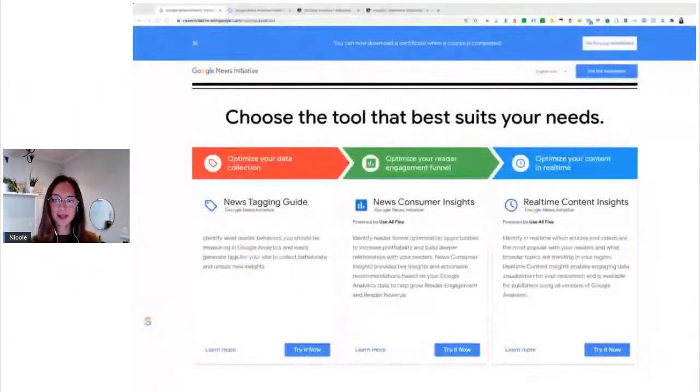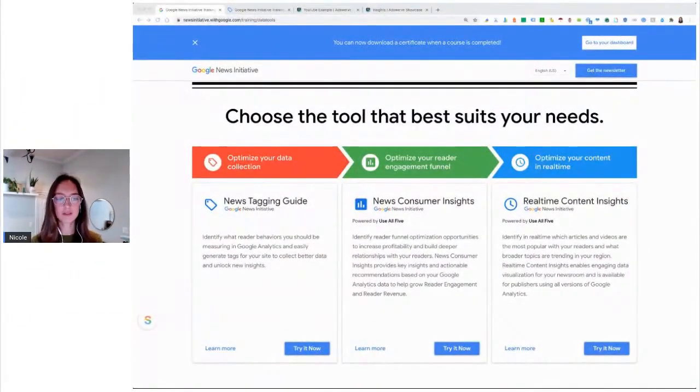Thanks, Munish. All right, to get started here, I just wanted to talk a little bit about what our News Tagging Guide offers. So essentially, our News Tagging Guide is a new tool that we have designed on our team to help publishers make the most of your Google Analytics by defining those engagement metrics that matter both for audience and revenue growth. The tool that we have allows you to, one, easily identify the most important audience engagement metrics to measure, two, simplify technical implementation as NTG generates the required tags, and three, unlock new audience insights within your